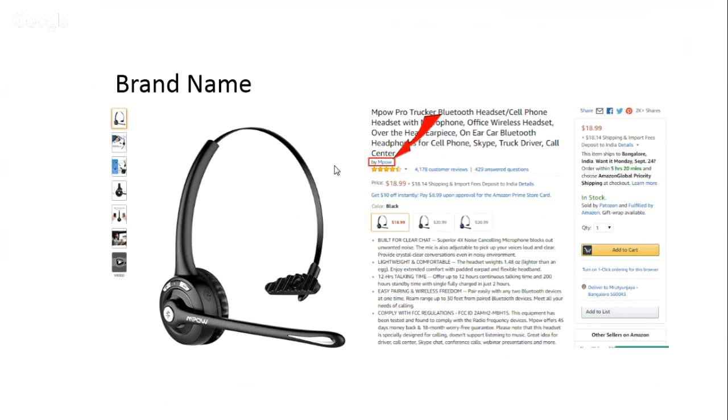No, it is not mandatory. Amazon doesn't say that you have to go for trademark registration and brand registry. That is not an enforcement from Amazon, but from our side it becomes a necessity to protect ourselves, to protect our brand.